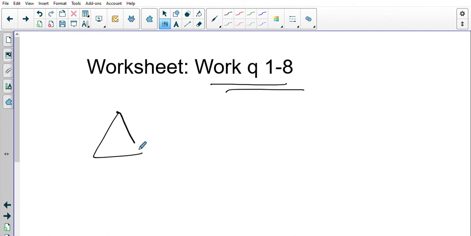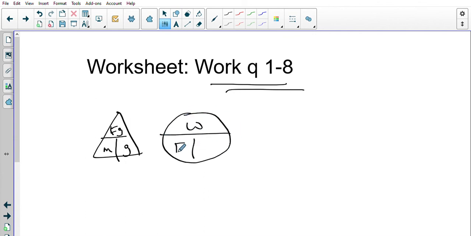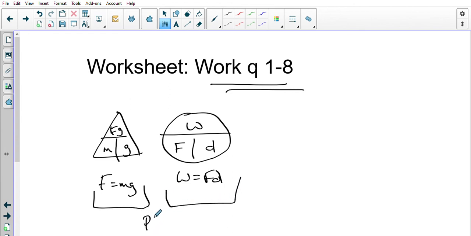But just, I'm going to write these down again. The force of gravity is equal to mg, and work is equal to force times distance. F equals mg, work is equal to force times distance. Now, if you go into Physics 11, you need to be aware of algebra and how to work with this. Use these equations. These are helpful as it just gets you through, and you don't have to worry about the algebra. So the choice is yours. They're there.